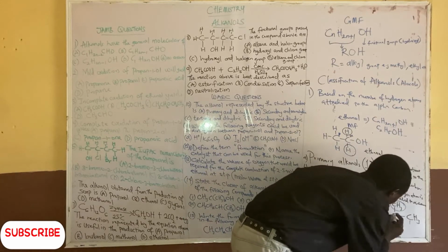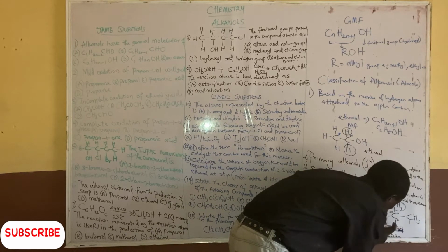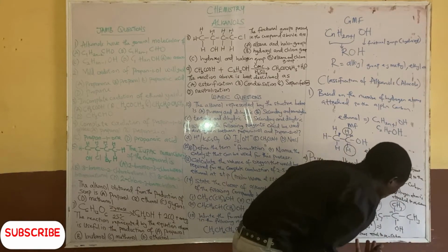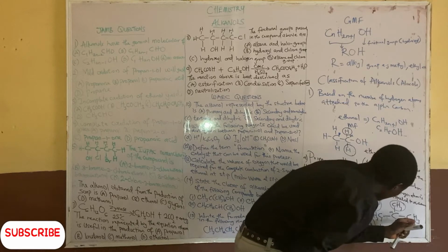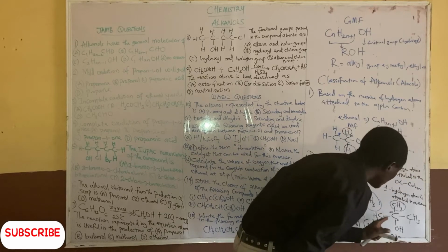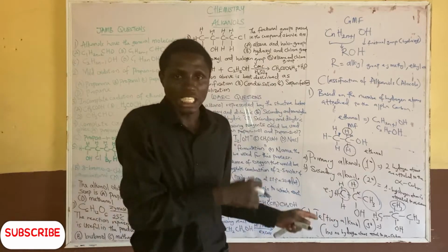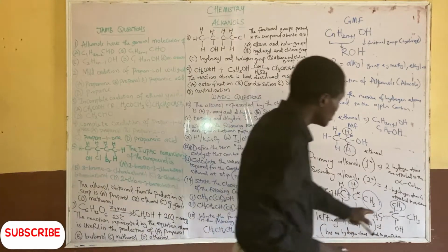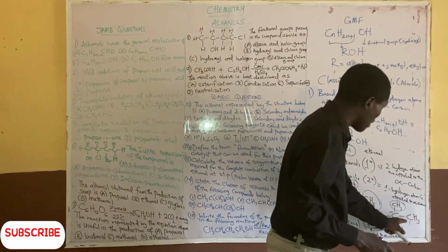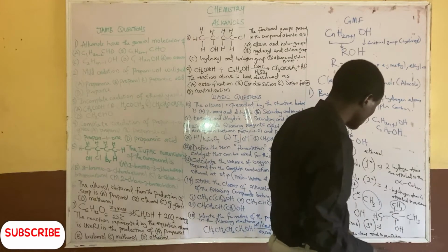This is our alpha carbon here. It's connected to methyl, methyl, methyl, and it does not have any hydrogen connected. This carbon does not have any direct hydrogen connected to it. So it only connects to carbon, carbon, carbon, and then the OH. So that's why this is a tertiary alkanol, because the carbon is directly connected to other elements like carbon, carbon, carbon, and not hydrogen. There's no hydrogen attached to this alpha carbon, and that's why it is a tertiary